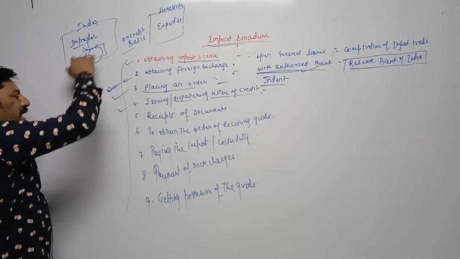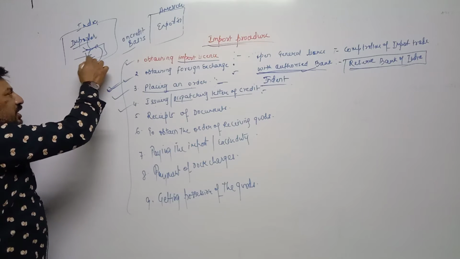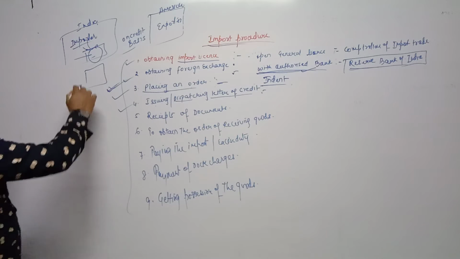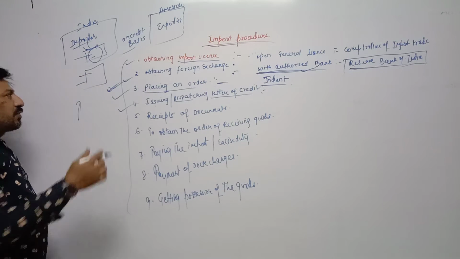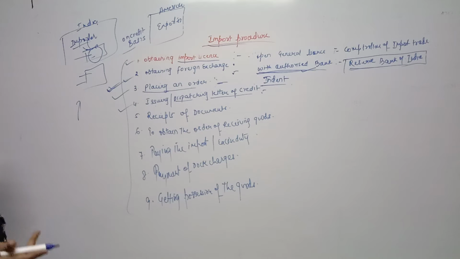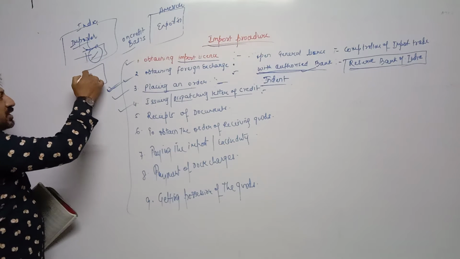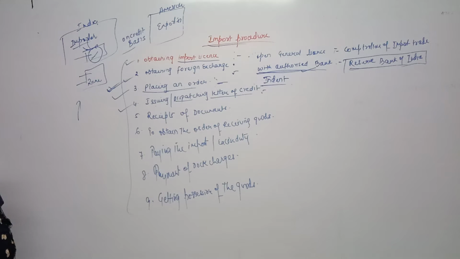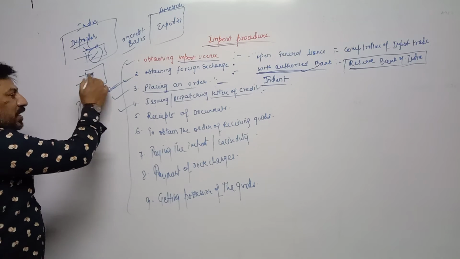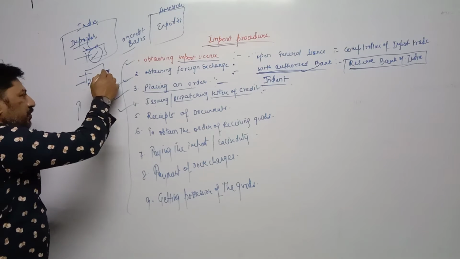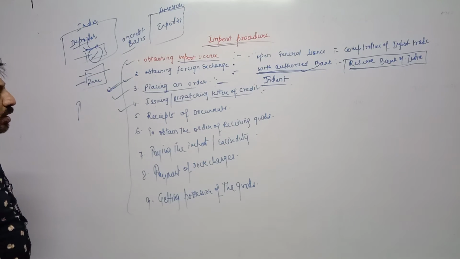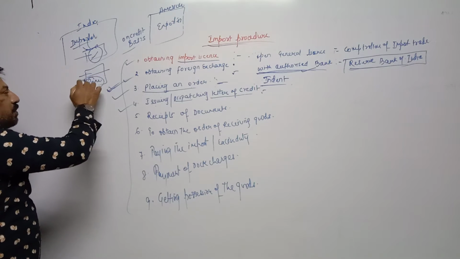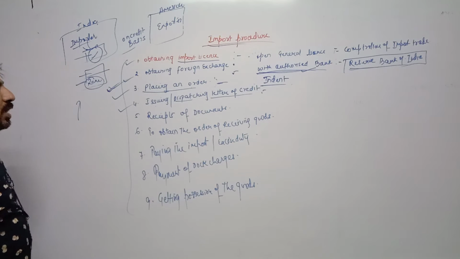On the basis of the transactions of this importer, the bank will issue a mini statement. That mini statement is called a letter of credit. Here, statement means transactions of the last 3 months or 6 months as per the terms and conditions. The bank will issue a mini statement along with a remark. Remark means, yes, this is our customer for the last 10 or 12 years. He has a sound financial position. Once we gave him a loan, he repaid all of it, and he made timely payments. This type of remark the bank gives along with the mini statement. That mini statement is called a letter of credit.